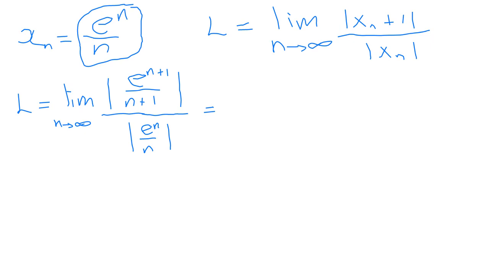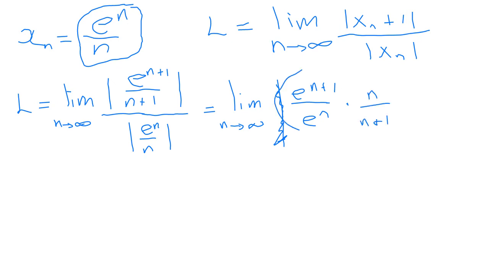Oh, good. All right, so we can go quickly then. We're going to do our flipping. So this is going to be the limit as n tends to infinity. Now I'm going to put them together in my way. We don't need absolute value anymore, all of those are positive. So this is e to the n plus 1 over e to the n times n over n plus 1. There's the limit of all of that,